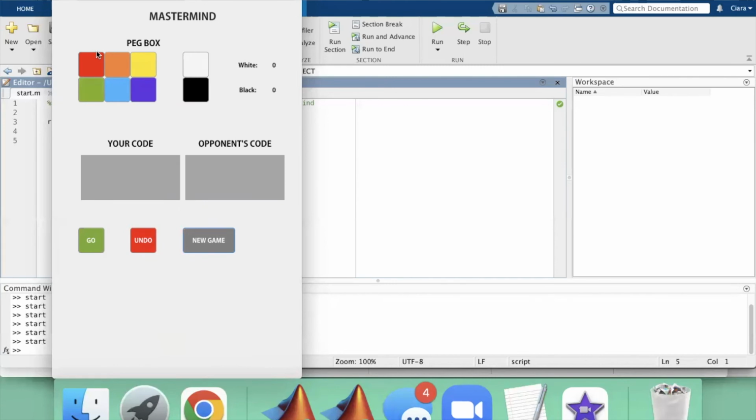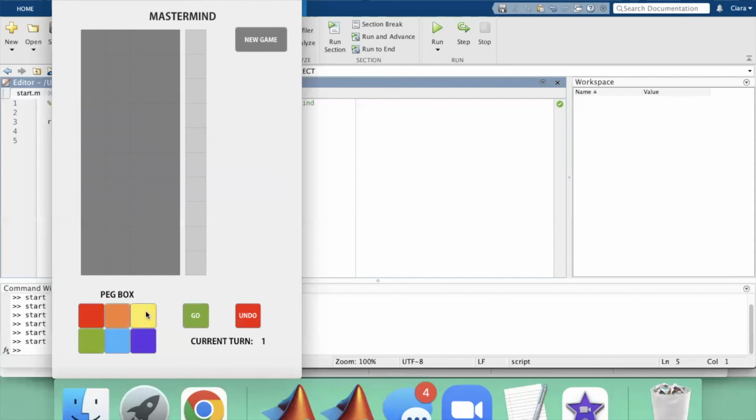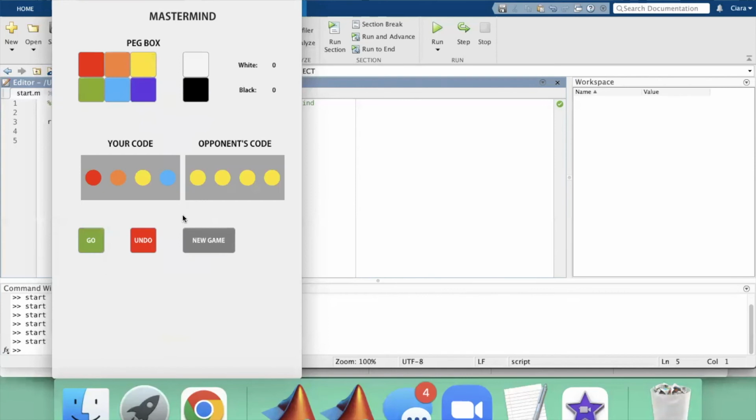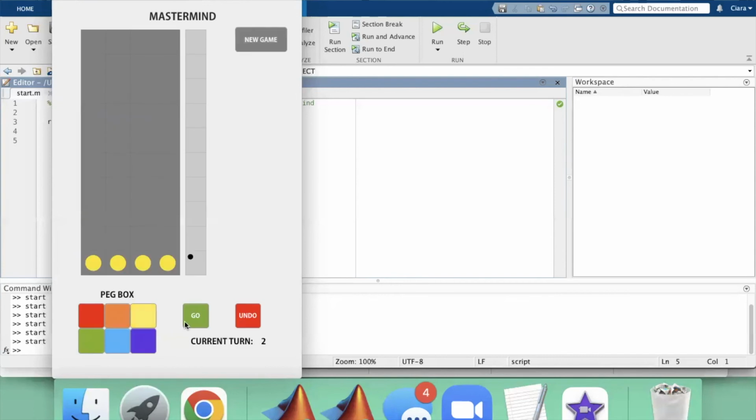So basically, to just go over the elements that I added to this game, there are the different colored pegs that both the code breaker and the code maker use to make their codes. There's also the undo button that undoes the most recent guess. And then if the code maker needs to give any hints to the code breaker, they just use these black and white buttons here, which have counters that update,